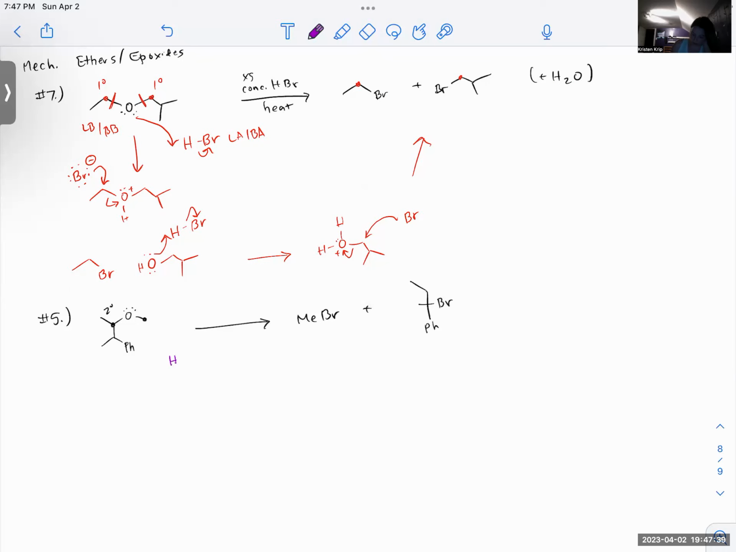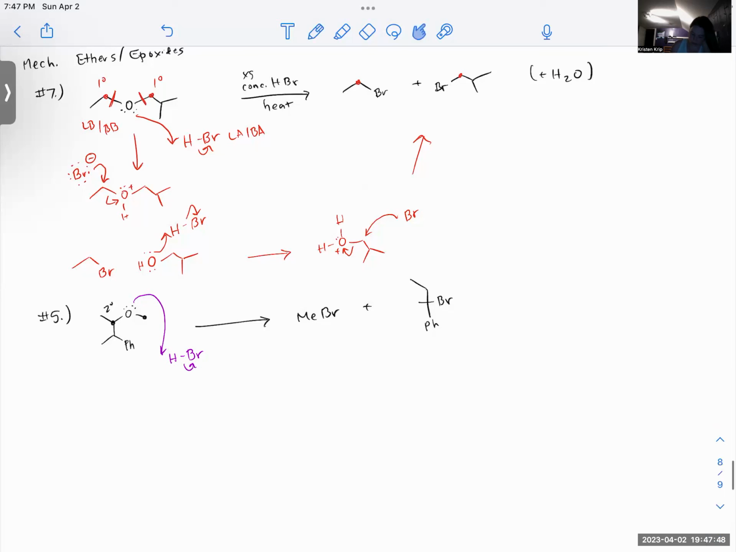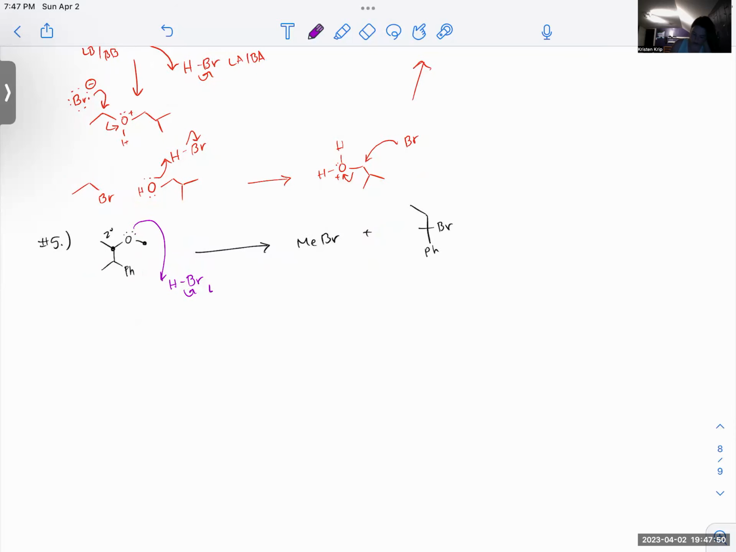So we've got HBr. Our oxygen is going to protonate. That is always the first step, that we do a protonation. This is our Lewis acid, Bronsted acid. This is our Lewis base, Bronsted base. So we end up with